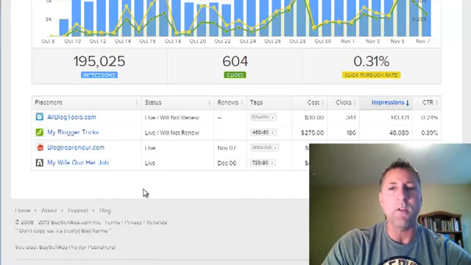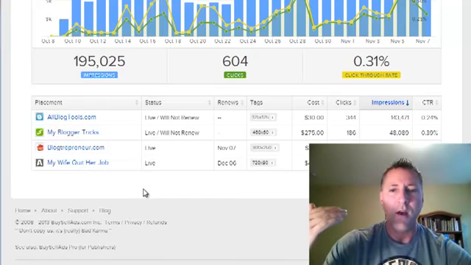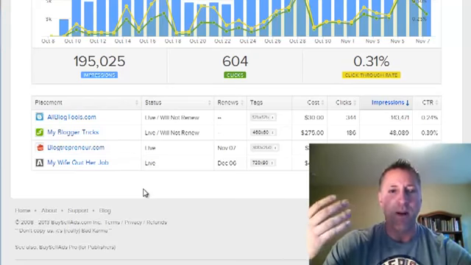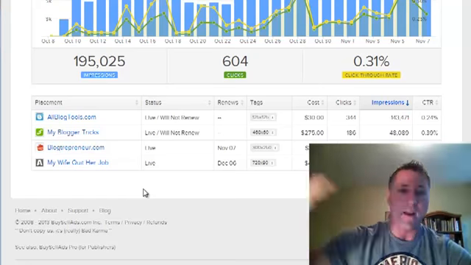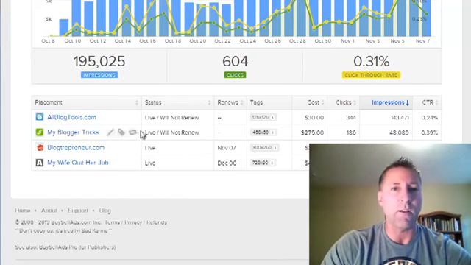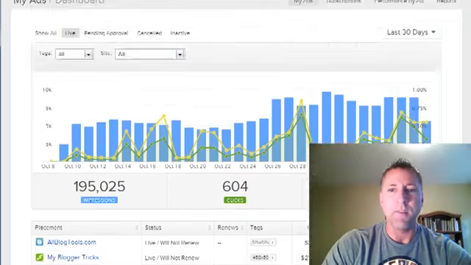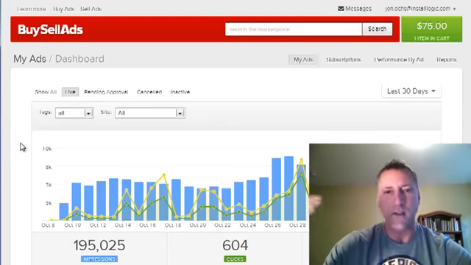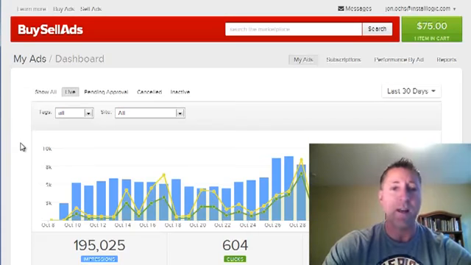And eventually what you have is a portfolio of ads that are running on a continuous basis, bringing you traffic, getting you leads, getting you sales, that are weeded out. You've weeded out the bad stuff, and you've got stuff that's working really well for you, and you're getting a great price per click. This is a nice site to use because you can centrally manage all of it instead of having to work out deals directly with owners of sites and have to keep track of all that in a spreadsheet.